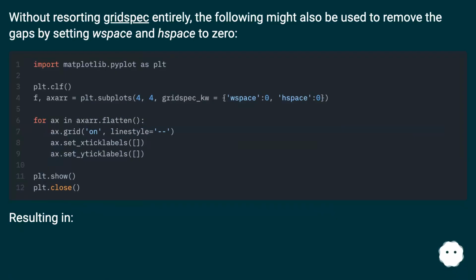Without resorting to GridSpec entirely, the following might also be used to remove the gaps by setting wspace and hspace to 0. Resulting in